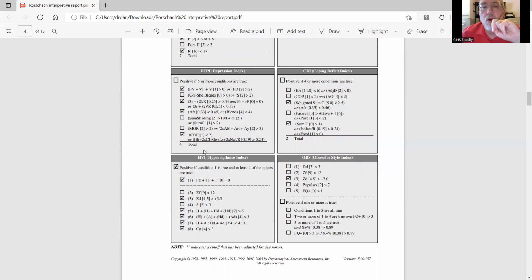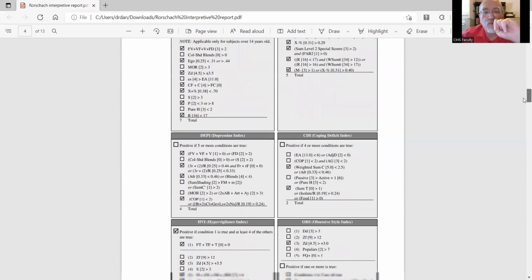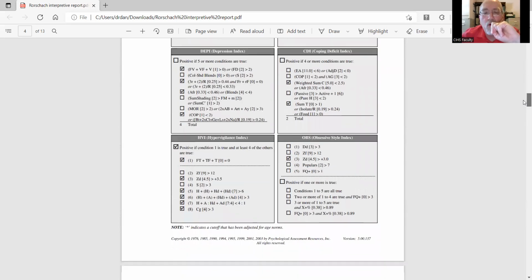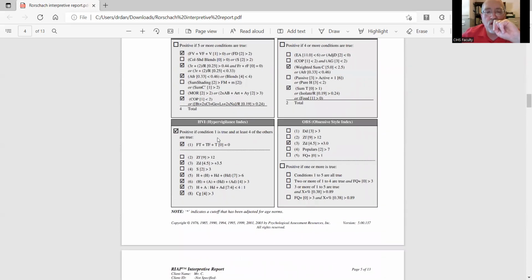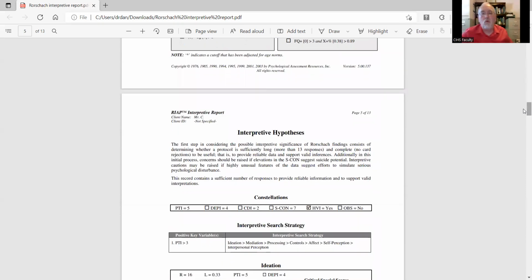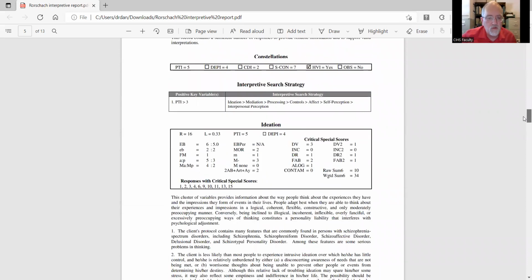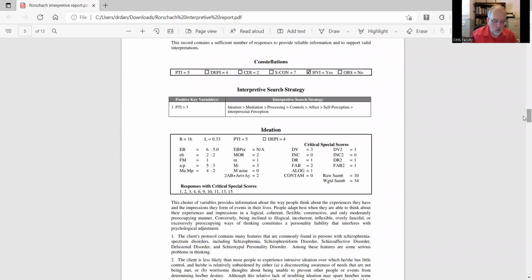Hypervigilant. So this would be a person who would show some difficulties with perceptual thinking, and a person who would be considered hypervigilant because they met this constellation as well. Now, okay, so those are all the scores that you tied together. And then you move down here, and if you look here at the interpretive constellations,